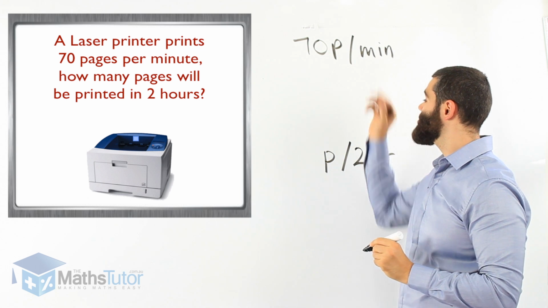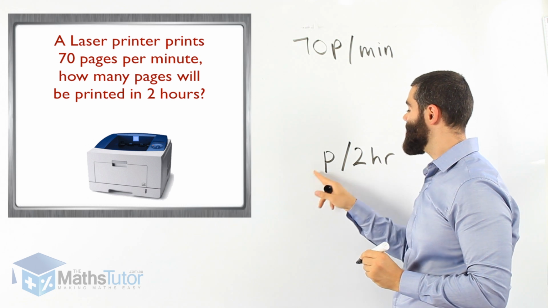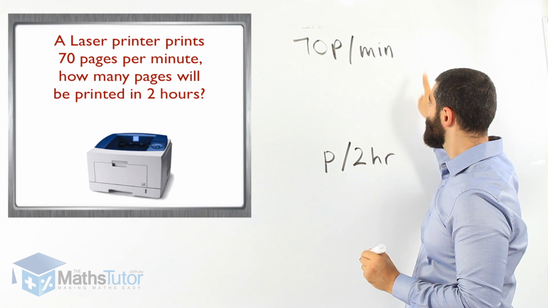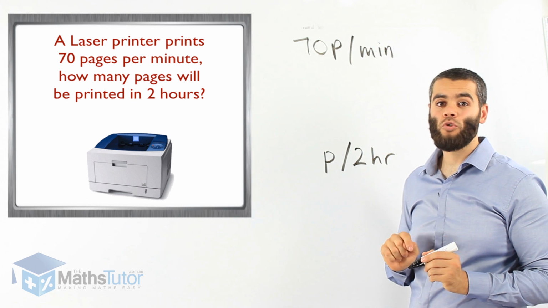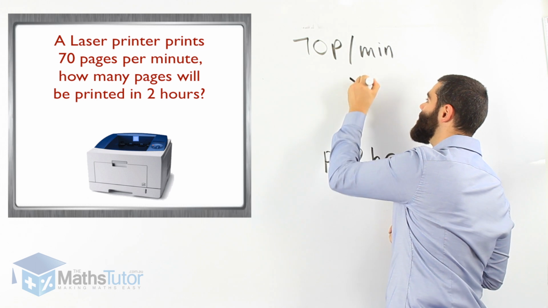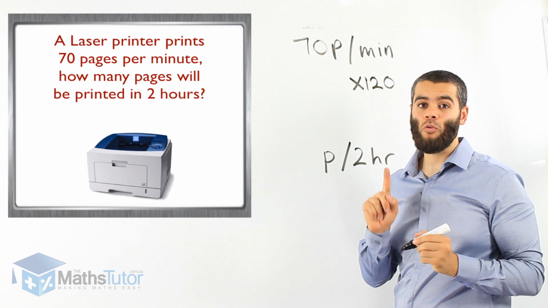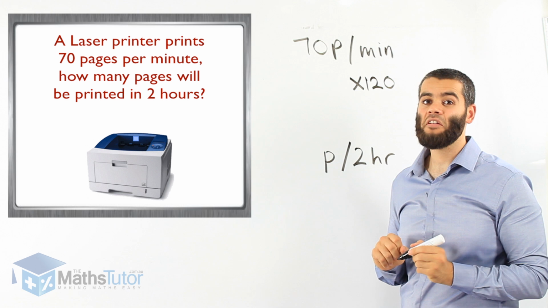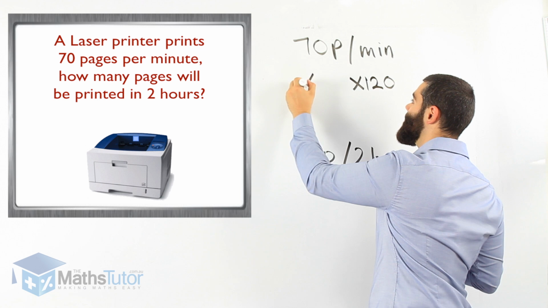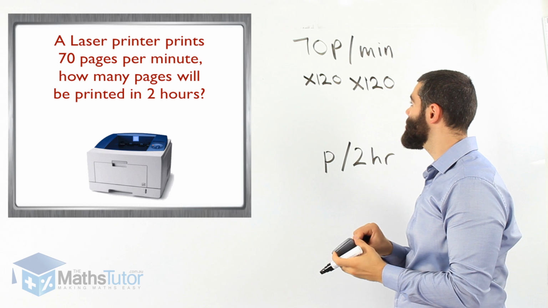Okay, 70 pages per minute. We would like to go from 70 pages per minute. How many pages in 2 hours? Well, how many minutes are there in 2 hours? We should know that there are 120 minutes in 2 hours because there are 60 minutes in 1 hour. We want 2 hours, 60 and 60 make 120. So times 120, and on this side, times 120. 70 times 120 minutes,